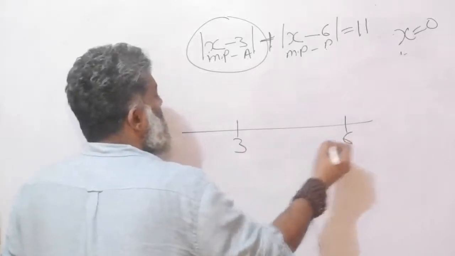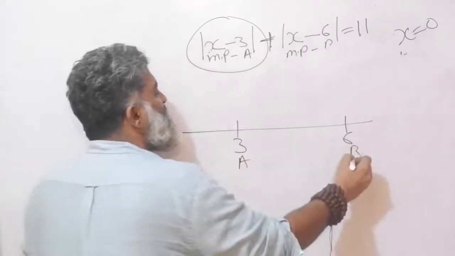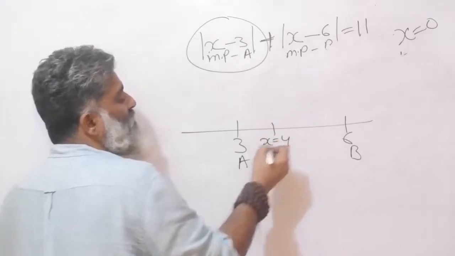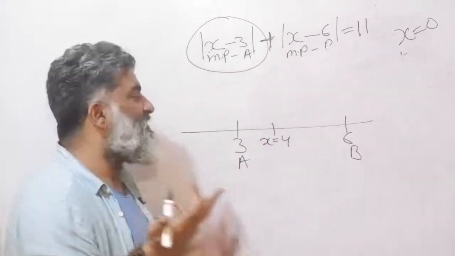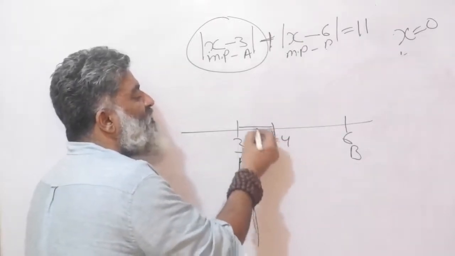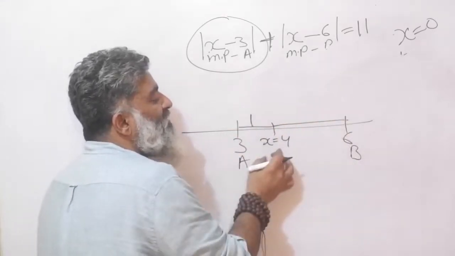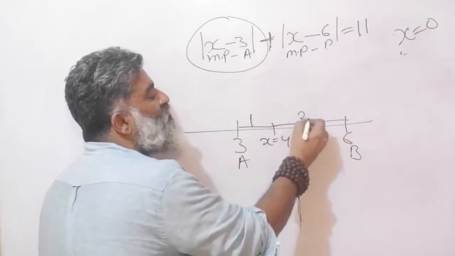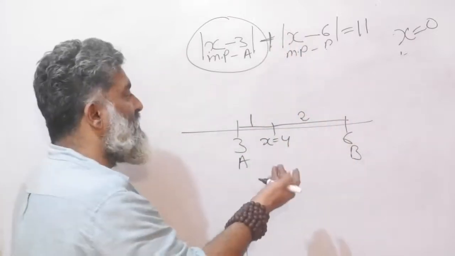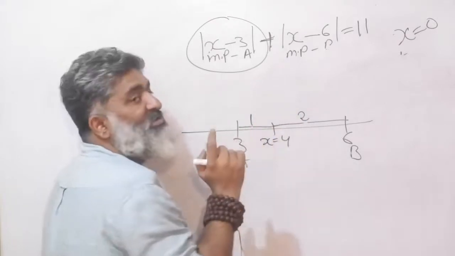A's house, B's house. Again, I just want to build comfort with the idea. This is A's house, this is B's house, and what if they meet, let's say, at X is equal to 4? It's my universe, I can make them meet anywhere. So what is the distance between A's house and the meeting point? The distance is 1 unit. What is the distance between B's house and the meeting point? 4 minus 6 is going to be 2 units. 4 minus 6 will be minus 2, but you put a mod, you get a 2, which is visible anyway to me, right? So now I know the sum is going to be 3. 2 plus 1, the sum is going to be 3.